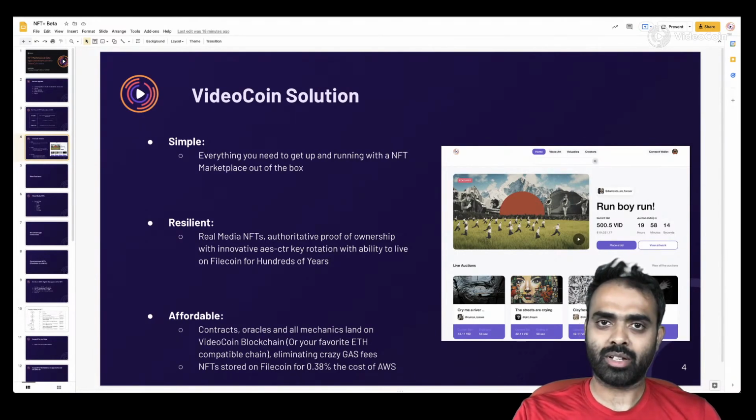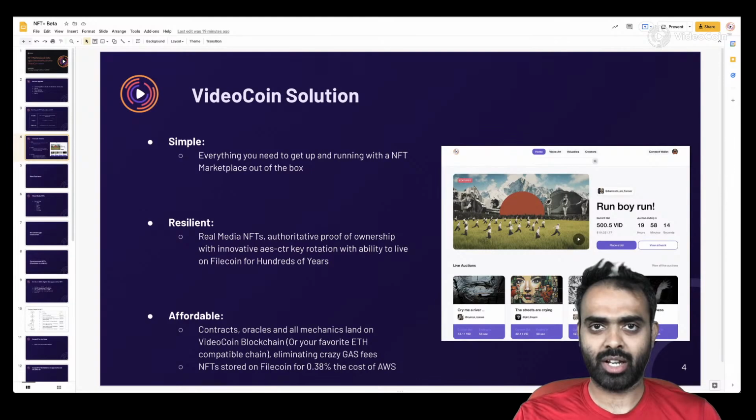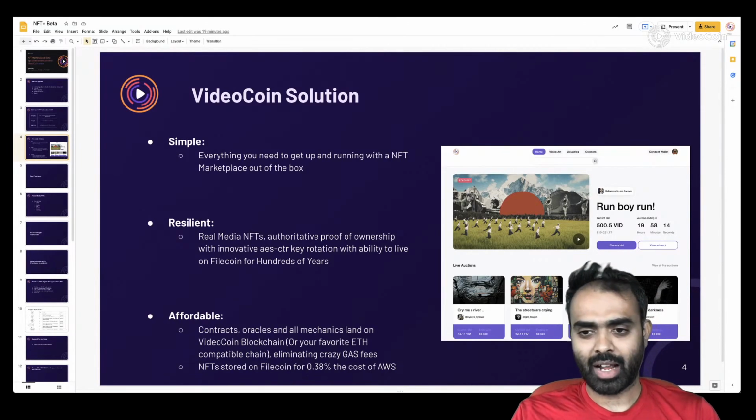And not only that, but also the storage that you get on Filecoin. There's two types of storage we offer. If your NFT is up to 32 gigabytes big, it can land on Filecoin network and live there for free. If it's bigger than that, then you'll have to take the cost for it. But even at that point, the cost of storing on Filecoin is close to 0.38%. In fact, it's gotten lower from the time I made these slides. It's really, really cheap to store on Filecoin. So you can mint on our blockchain, store on Filecoin, and get a fully functional experience out of the box in a very fast and very affordable way. So that is where we were at